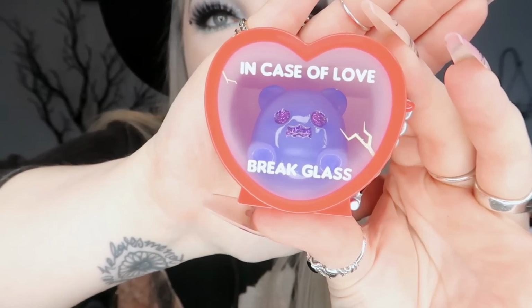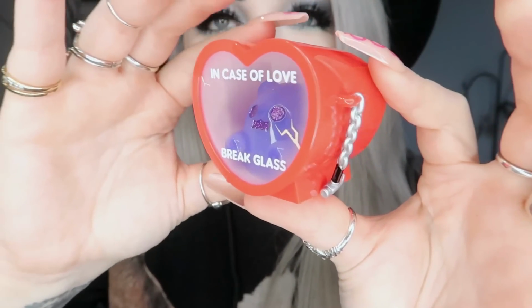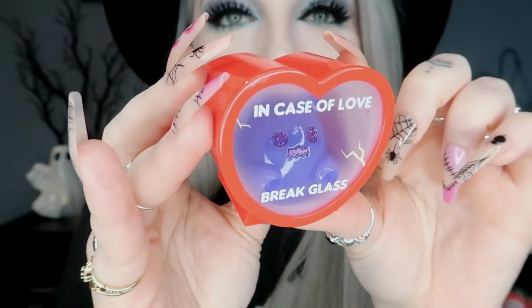Okay, next, this is the one that I love the most. This is the one that kind of made me get this whole set because I thought that this looked the cutest. So in here we have the biggest one so far, I would say, and he is a little In Case of Love Break Glass ghost. So he's like one of those little boxes that says in case of emergency break glass,